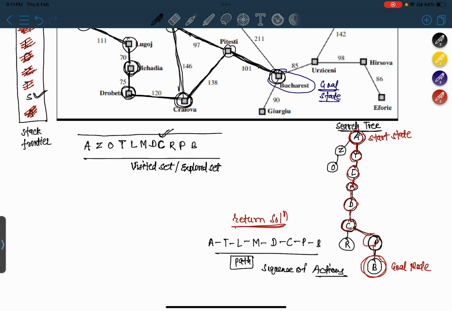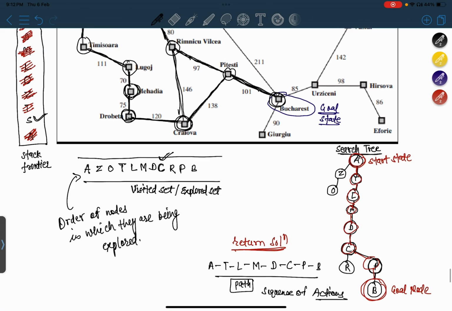And अगर कोई ये पूछे कि किस order में nodes explore हो रहे हैं, तो this visited set represents the order of nodes in which they are being explored. Okay, so this is how it works, and you realize that